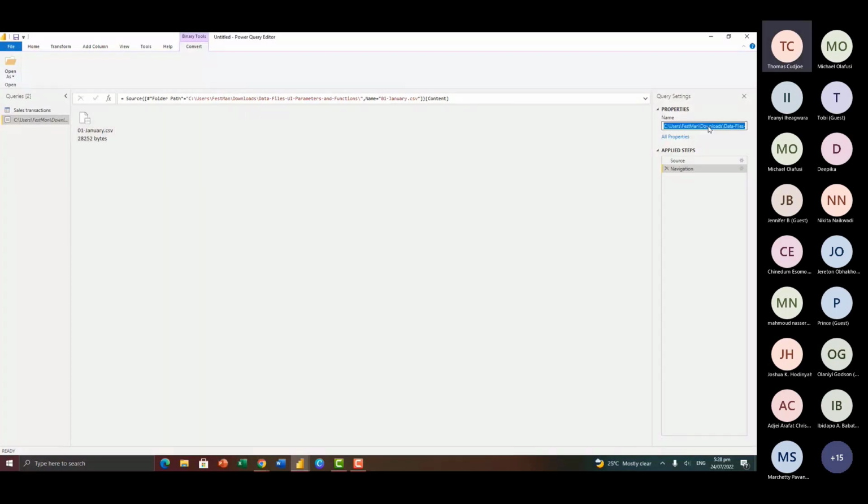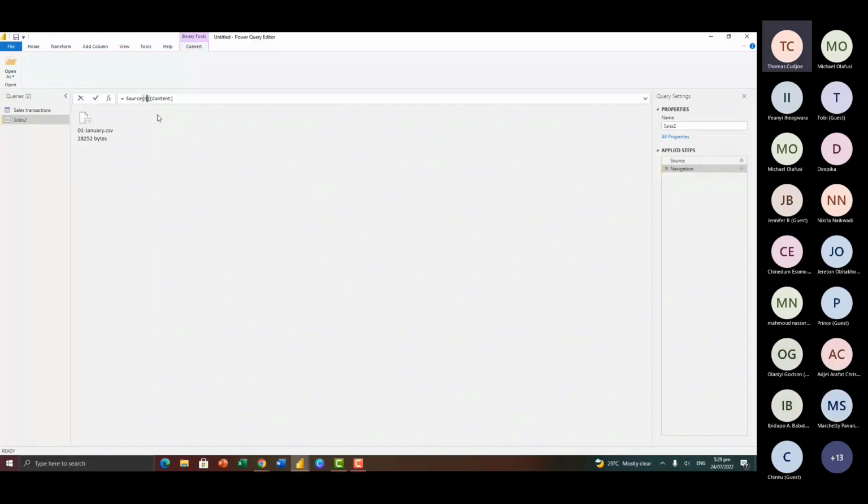So I'm going to call this maybe source 2. Now what I'm going to do here is to go to the formula bar. So you see that the formula bar here, we are using record and file access navigation. If you take a look at this, it's using January CSV. So this time we want to pick the first file. So I'm going to change this to index. So I'm going to make it 0.